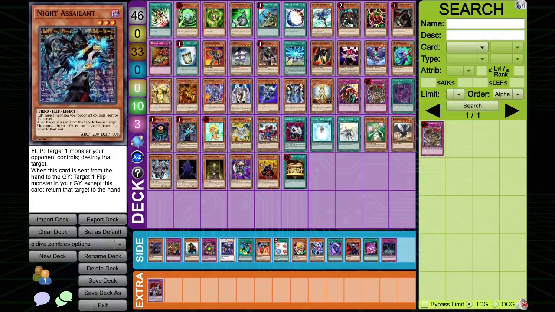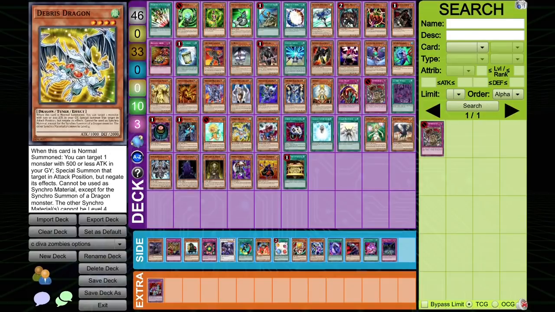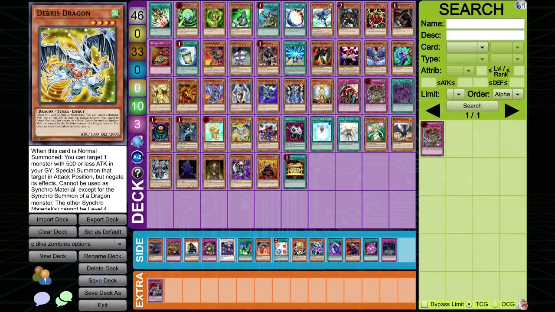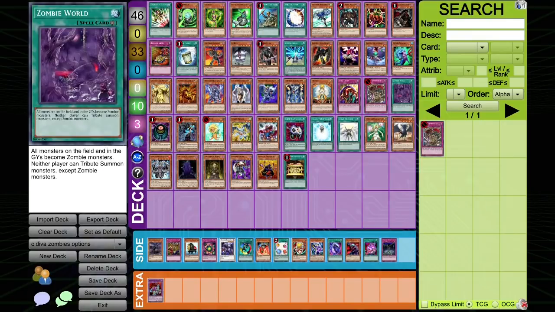I generally do play it alongside 3 copies of Raikou, sometimes the Morphing Jar. I definitely do play it with some amount of Debris Dragon and Dandelion. I think these cards are actually pretty good in the zombie list. You can do some cool stuff against certain decks. You can Debris into, what's the dragon called? Ancient Fairy Dragon, and you can tutor cards like Zombie World, which are really powerful cards for this deck to